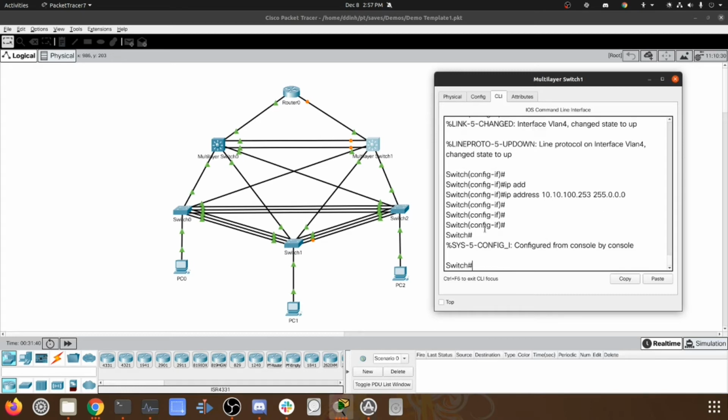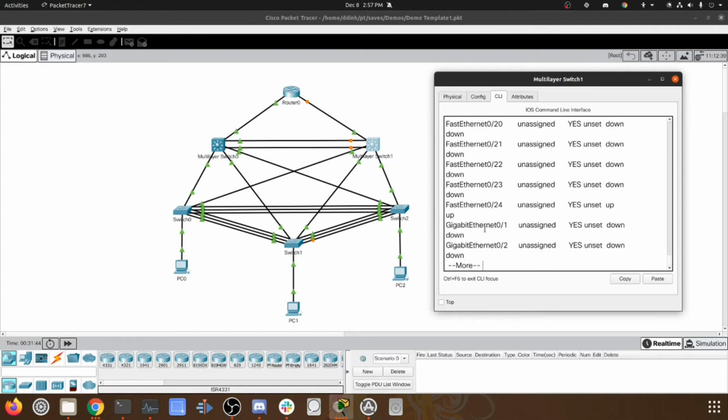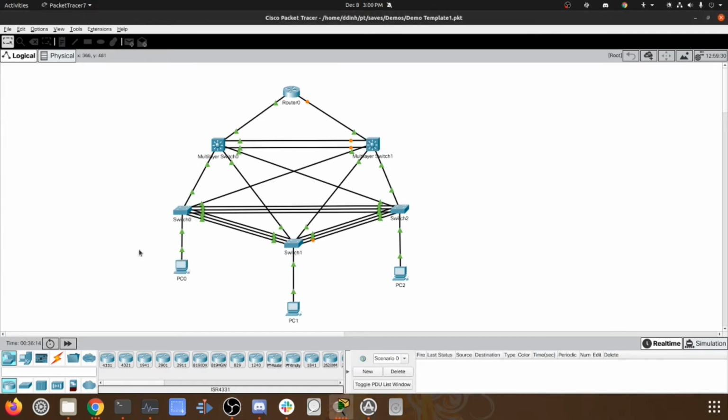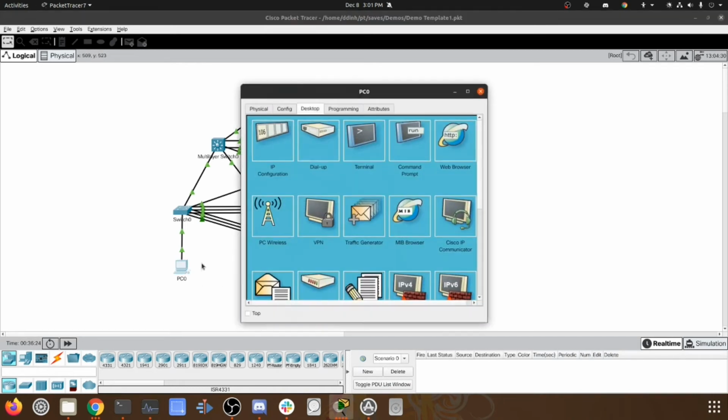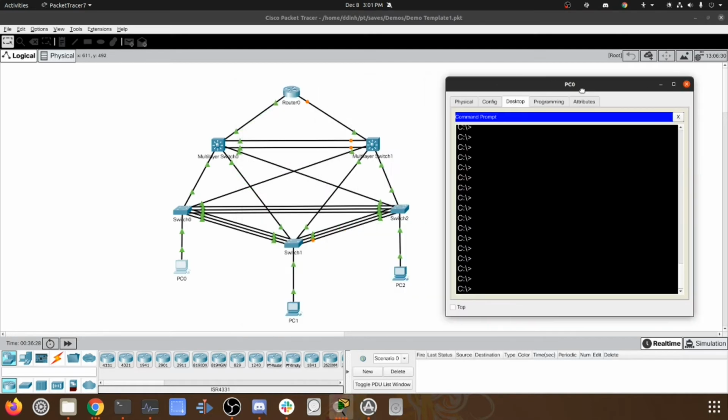Now we're going to check it by show IP int brief all the way down. Check that the IP address configuration was correct. Now we're going to test the configuration between PC0 to multilayer switch 0, multilayer switch 1, PC1, and PC2. We're first going to go in here and test the configuration. Ping